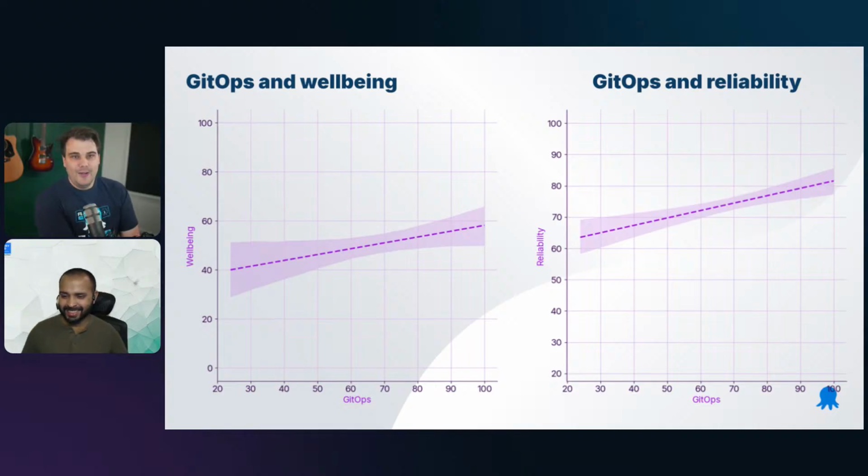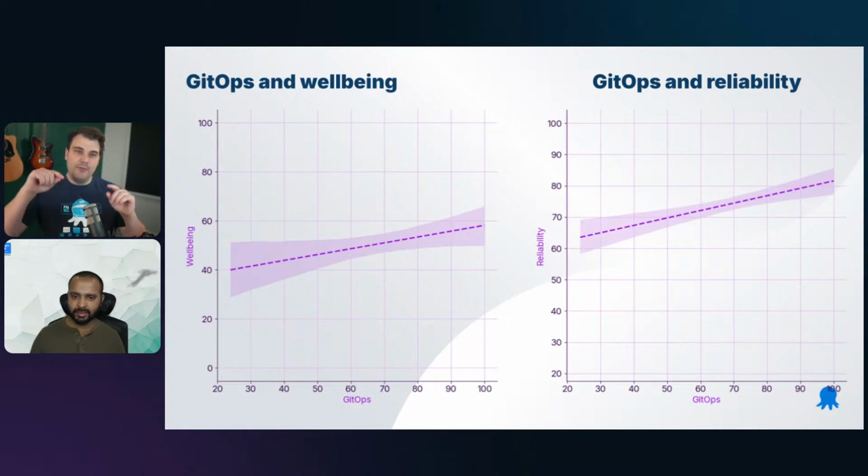So we have, in the x-axis here, these are scatter plots with regression lines. So on the x-axis down the bottom is the GitOps score that we gave folks who responded to the survey. And then on the y-axis, on the left-hand side, we've got well-being. And on the right-hand side, we've got reliability. So what we were able to see is the trend line shows the average relationship. If you were to put a dot here for every response that we got, and then the line going through is the average, and then the shaded region there captures the real world variation.